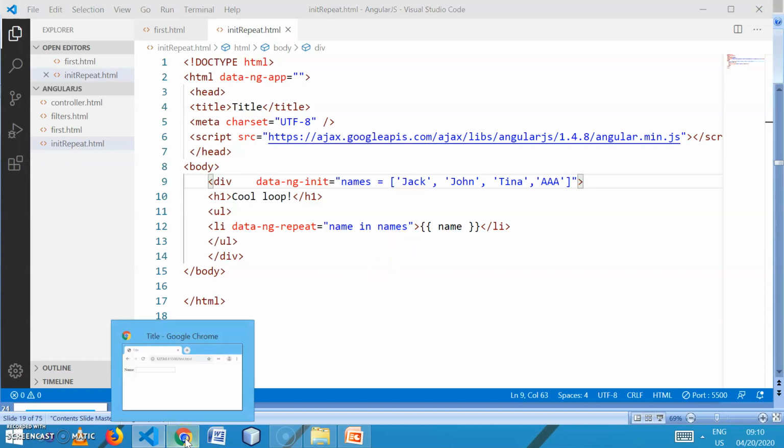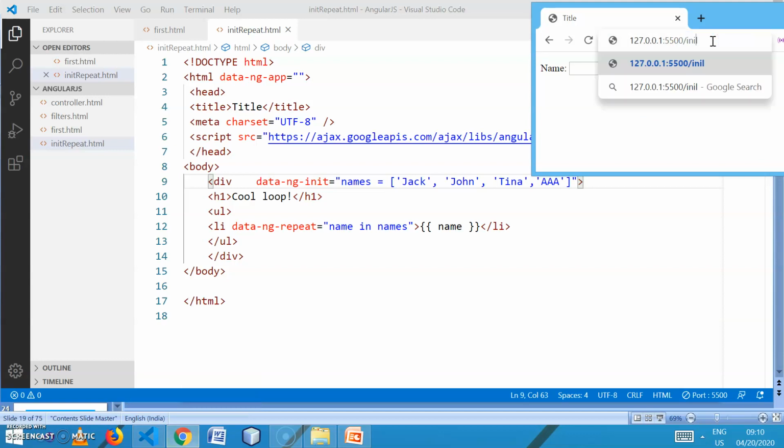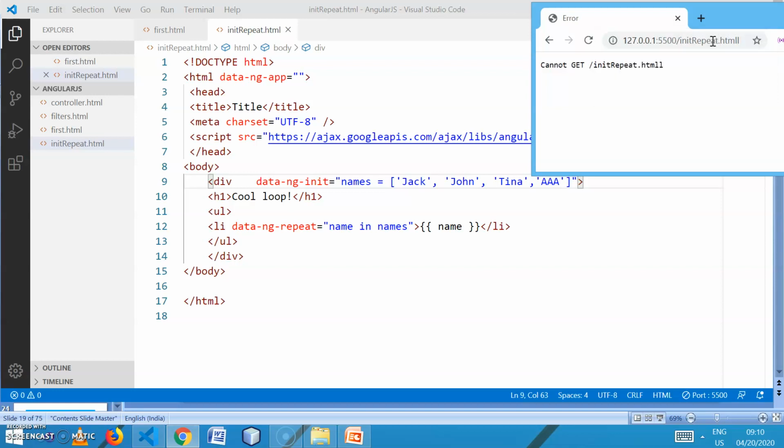Let me check the execution. This is the file init repeat.html. Oh, spelling, let me correct it. And here you will get the loop-like structure.